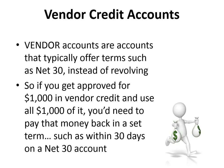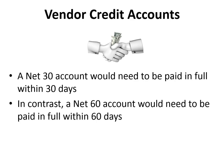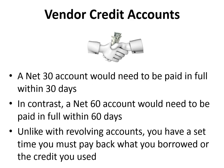If it was a net 30 account, you got to pay the full amount back within 30 days, not a minimum balance like you can on a revolving account. So a net 30 account would have to be paid back in full in 30 days. A net 60 account would be paid back in 60 days, for example. So unlike with revolving accounts, you have a set time you must pay back what you borrowed or the credit